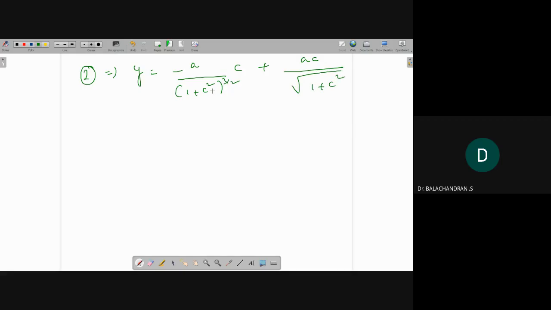So if you take 1 plus c square whole power 3 by 2 as the LCM,